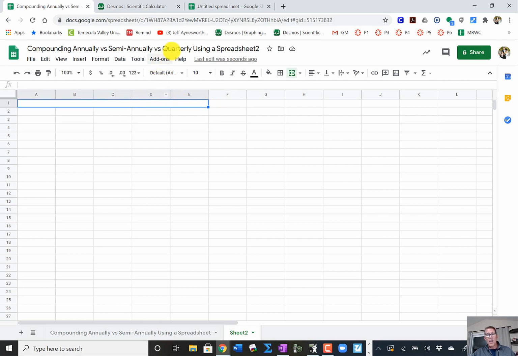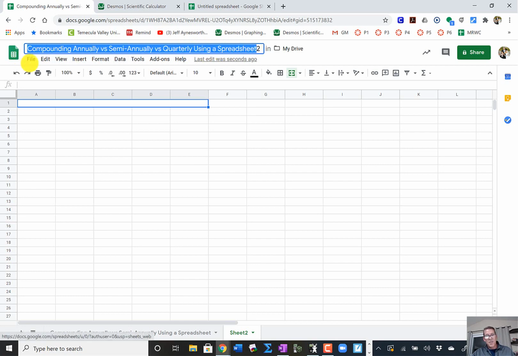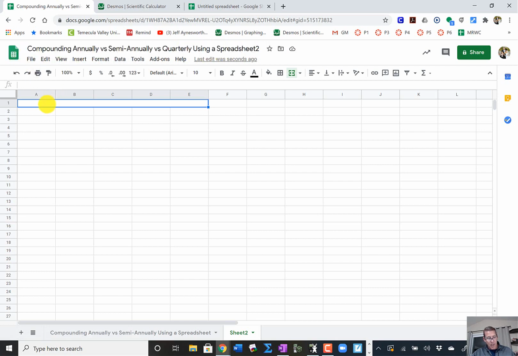Okay, in that cell, I'm going to go back up here. If you want to, press Control C and copy, come back down here and paste it in. Pasting is Control V, or you can right click, I suppose. But go ahead and paste that in, and notice we have a title now: compounding annually, semi-annually versus quarterly on a spreadsheet. Now we need some other